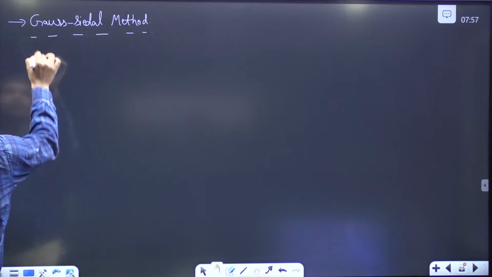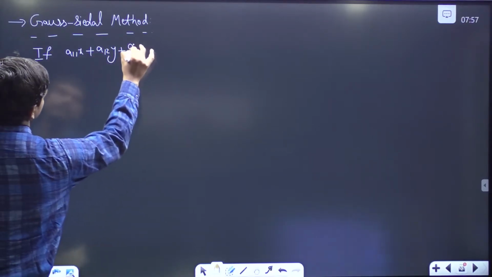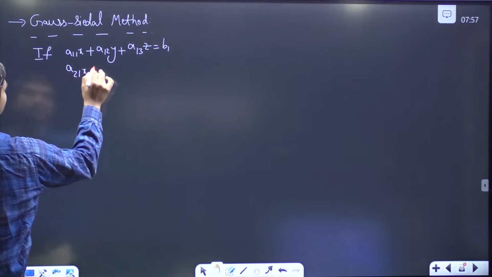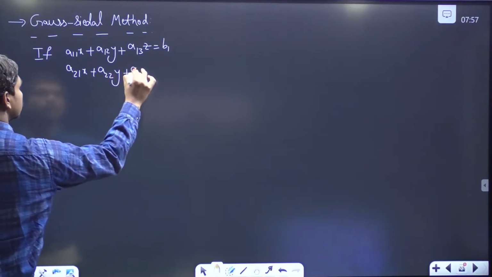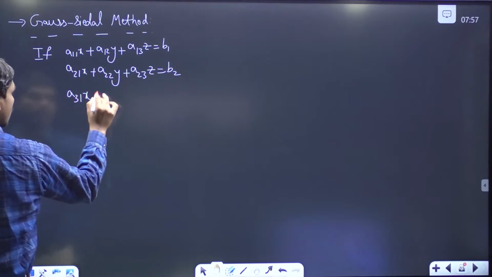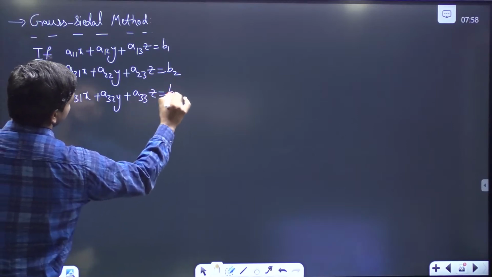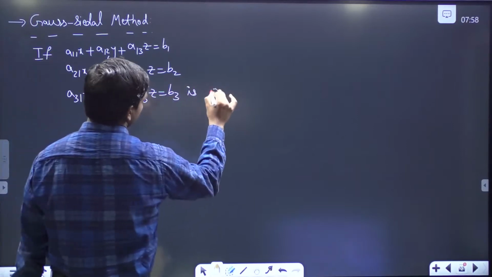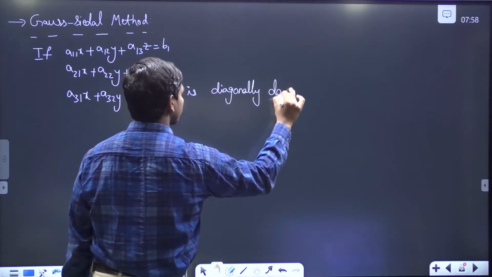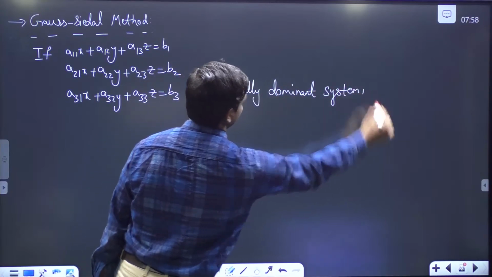Again, if a11x plus a12y plus a13z is equal to b1, a21x plus a22y plus a23z is equal to b2, and a31x plus a32y plus a33z is equal to b3 is a diagonally dominant system, then